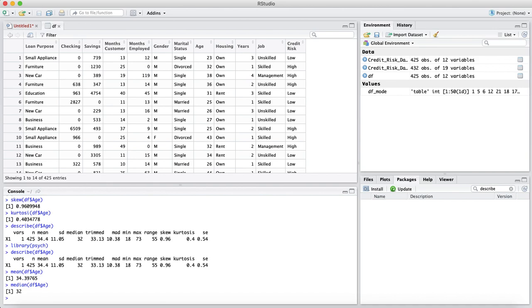Next I will talk about mode. Mode refers to the value that appears the most frequently in this data set. And in this case, we'll look at the mode for the value of age. So mode is slightly more complicated. Just follow me slowly. So I'll just define a variable df underscore mode. Df underscore mode will be a table of